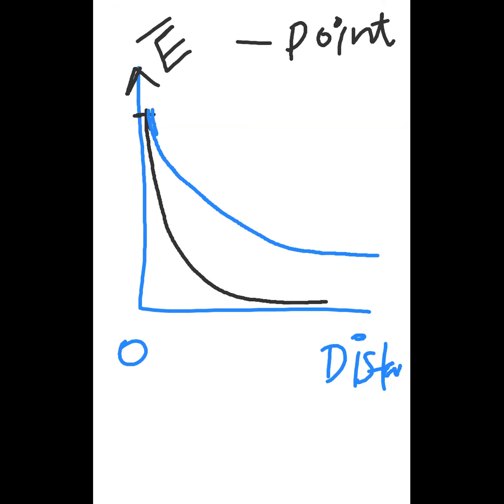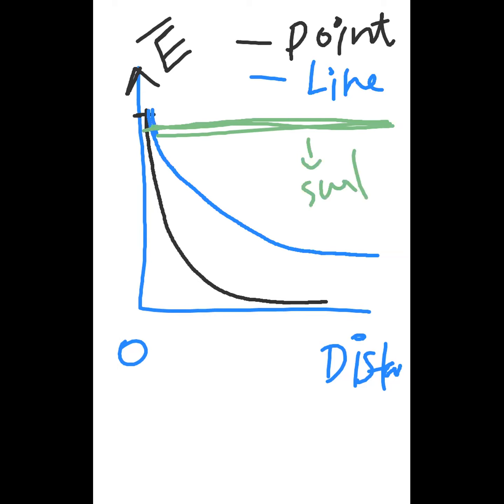That is for line charge. Then finally, for surface charge, it is not at all reducing. You go anywhere, your electric field remains the same. Okay, that is the idea here. That is the comparison of electric field in all the three cases. This is due to surface, this is due to point, and this is due to line. Please note this down in your notes. It's a very important observation.